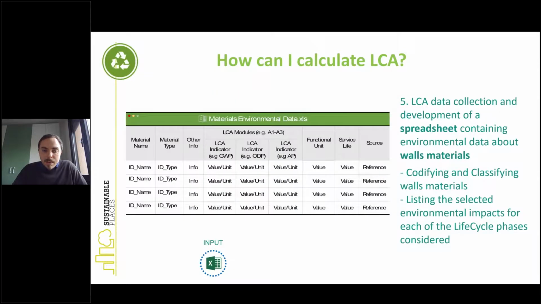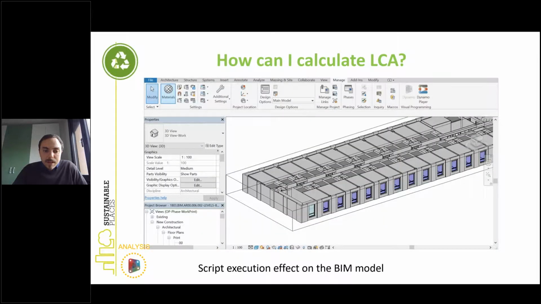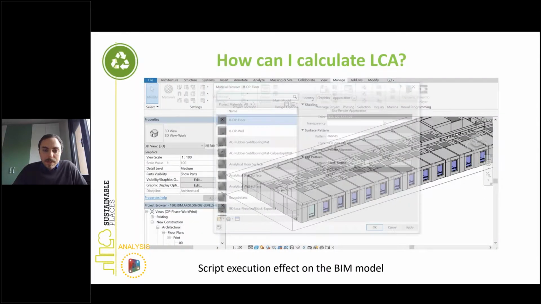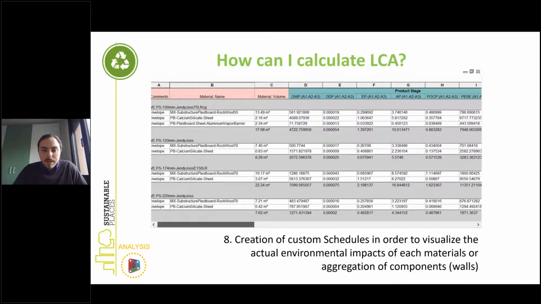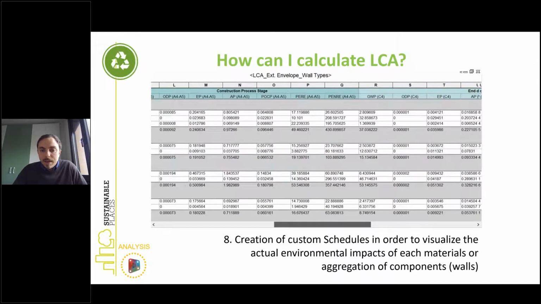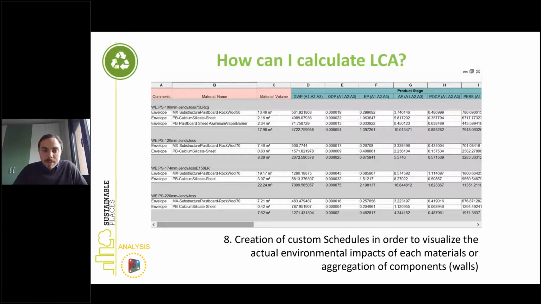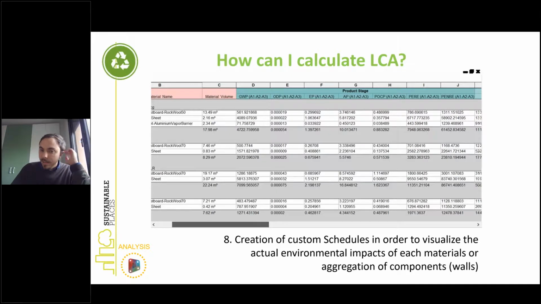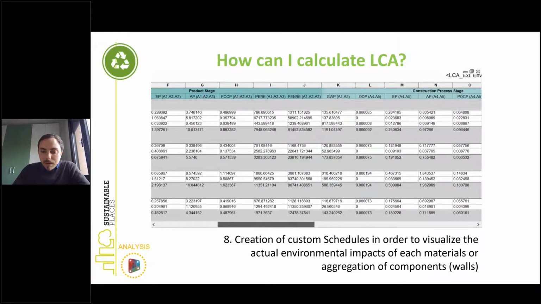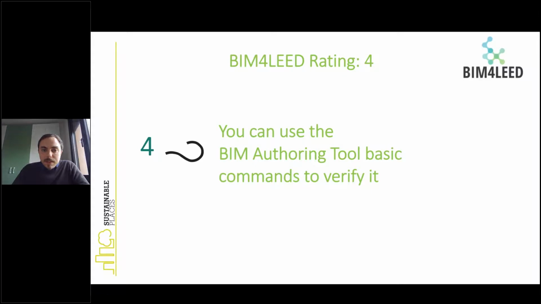And then we developed a spreadsheet, and we put all this data in the spreadsheet, and then we have this data another way in the BIM model, and we calculate all the quantities of the material and what the LCA impact is. And the BIM for LEED rating 4 is